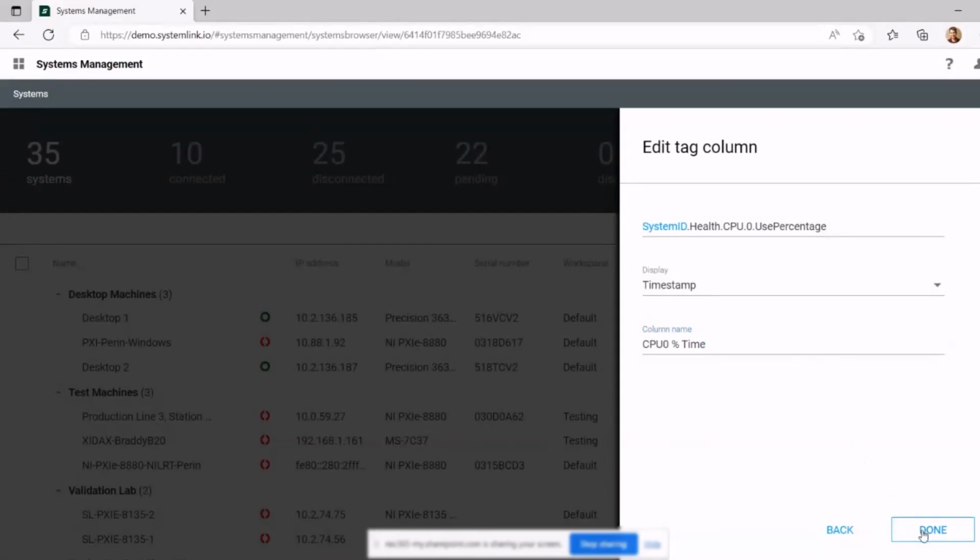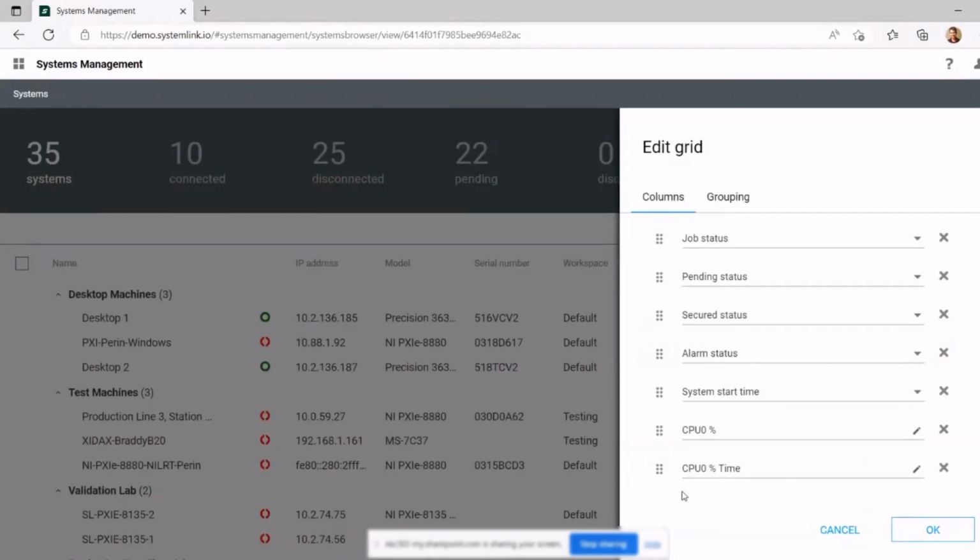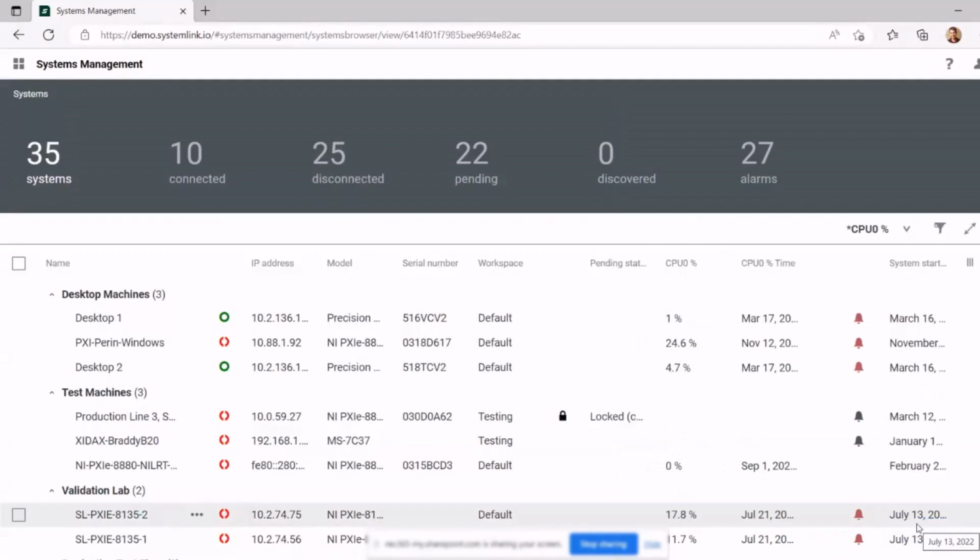And you can move these around. I'm going to move them up a little bit so that they've got plenty of room. The date time takes a little bit to display, and hit OK. And now we get two new columns, CPU 0 percentage and CPU 0 percentage time. Notice that the table view